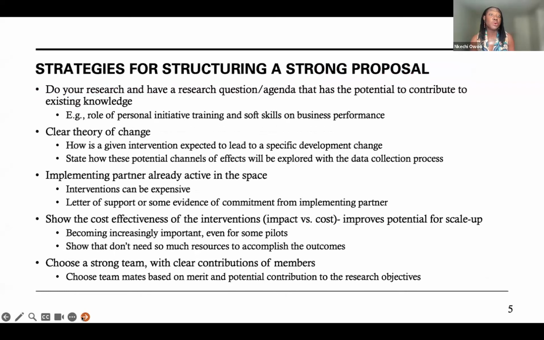I do have a few points or strategies that I have found useful in putting together a strong proposal. Some of these have already been touched on, but I'm happy to reiterate because I think that they are important. So I think that in putting together a strong proposal, you want to do your own research to have a good understanding of what has already been done in the literature and what your potential contribution to existing knowledge will